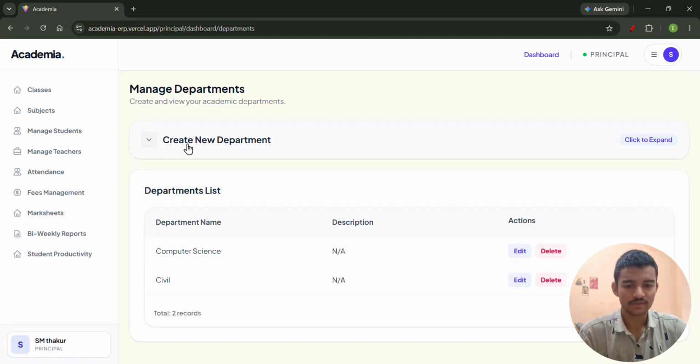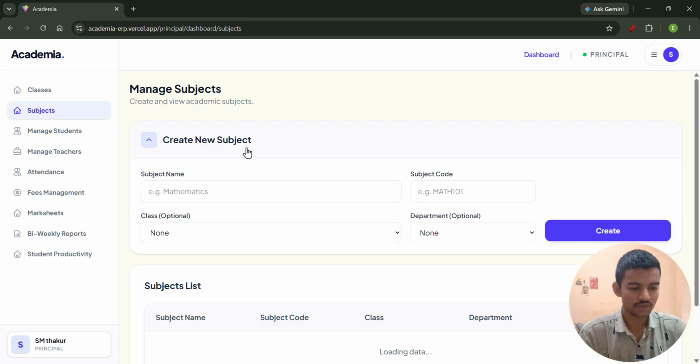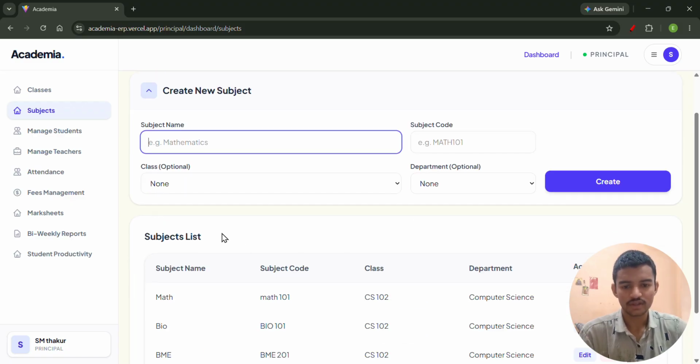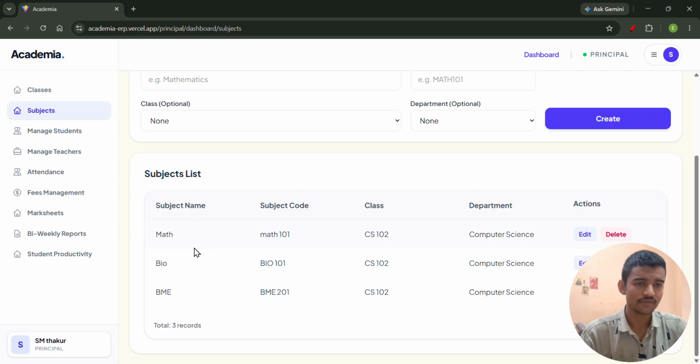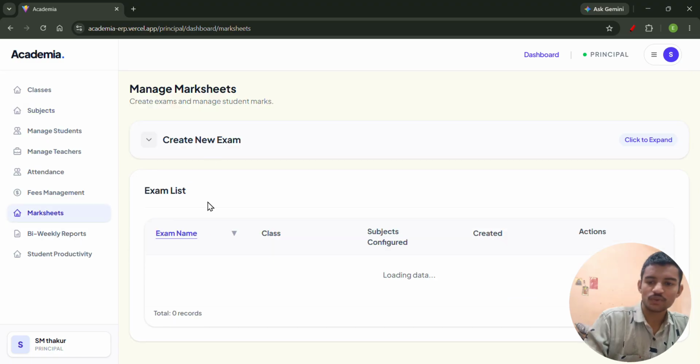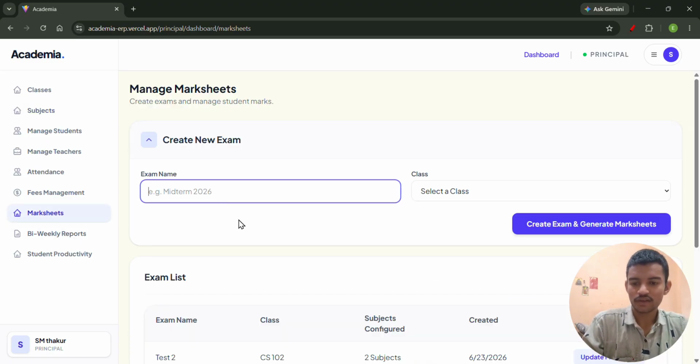We can create the subject from the principal dashboard, and here we can create the subject for the specific class. I've already created three subjects for the class CS 102. Then if I go to the Marksheet,